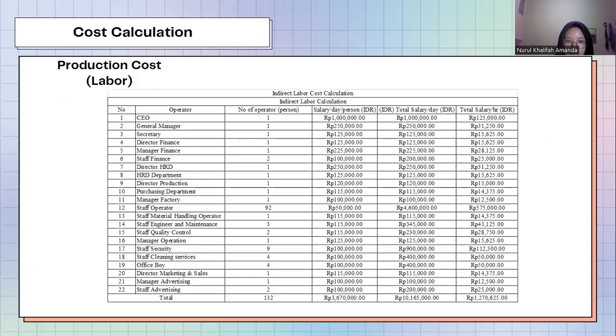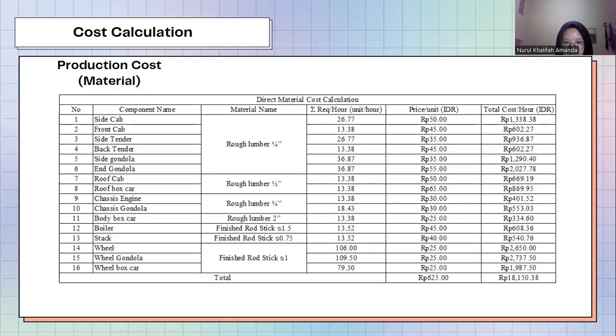And this is the production cost for labor. So the next part is the production cost for materials, starting with direct material cost calculation. We got a total cost per hour of 18,150.38 rupiah.